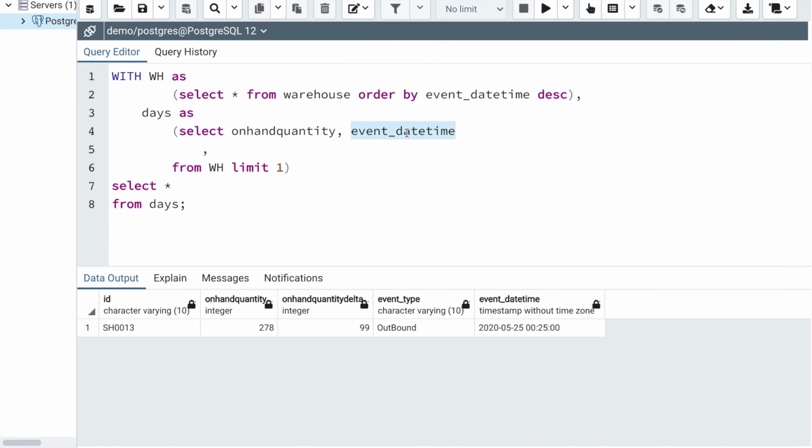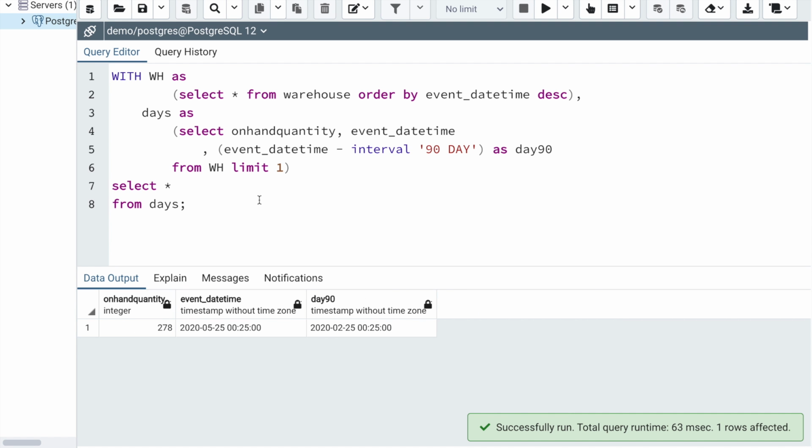As I told you, we just need to subtract the day 1 minus 90 days, right? But since I'm using PostgreSQL, and since this column here is actually not a date column, but it's a timestamp column, I will not just subtract minus 90, but I'm just going to use a clause like interval, okay? And I'm going to mention here like 90 day. So this will basically subtract 90 days from this date or from this timestamp, okay? I'm just going to put this whole thing inside a parenthesis, and I'm going to give an alias for this, like let's say day 90, okay? And now if I just run this,